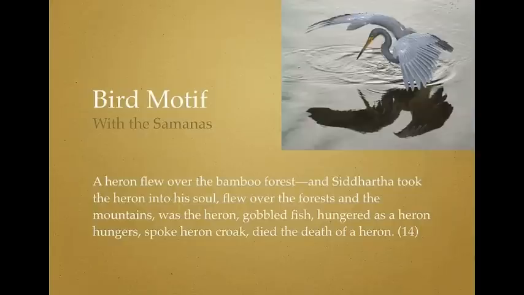In this case, it's just a reference to a heron. It's not symbolic. In other cases in the book, the bird will be symbolic. And the meaning of bird will actually gain some meaning over the course of the book. So this is why I want you to focus on this. So on your map for Siddhartha's journey, I want you to mark, at least for chapter 2, a reference to a bird that's pretty important here.